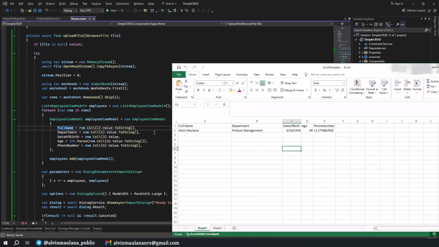Okay, this one, upload file. So the first one is full name, department, date of birth, age, and phone number. It should be on row number 1, and then your data should be on the rows after 1, which is 2 until any number you want. So let's start and see.